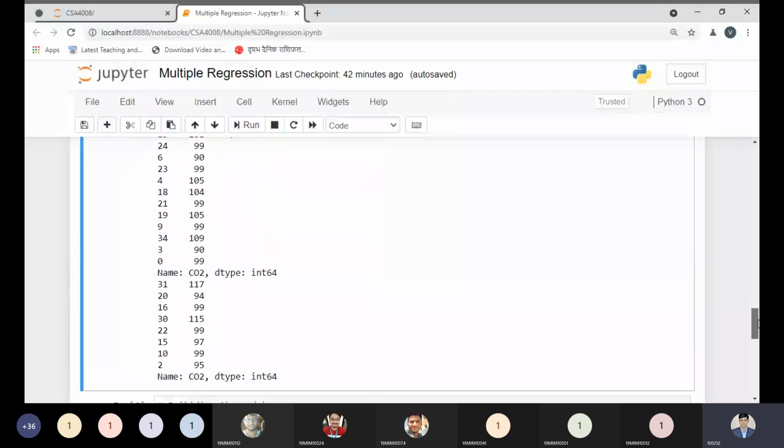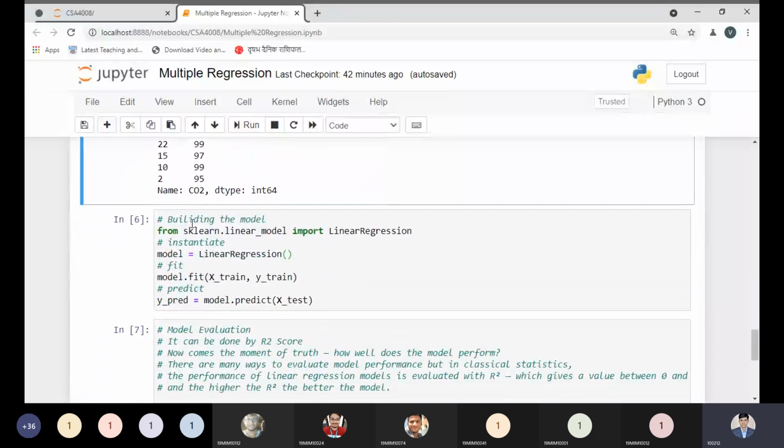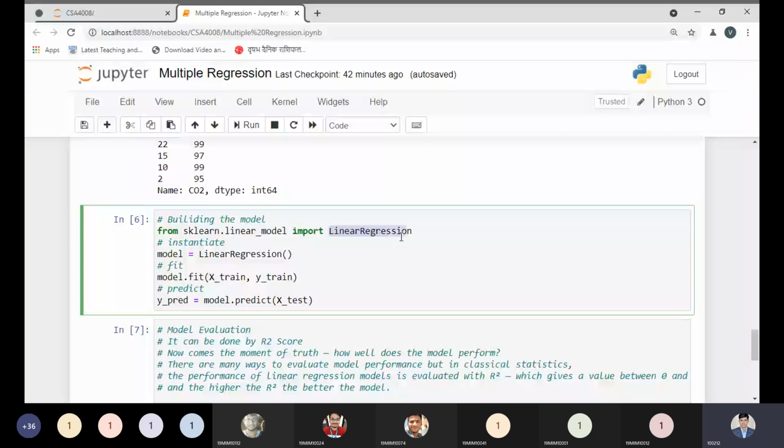Okay, so after understanding this point, we need to build the model, and after building the model we have to do some other activities. But let us understand this point properly. So how can we build the model? Of course, we will use the same code, same statement, same class as we have done previously, that is LinearRegression. So we will import this library into our system, and we will instantiate.